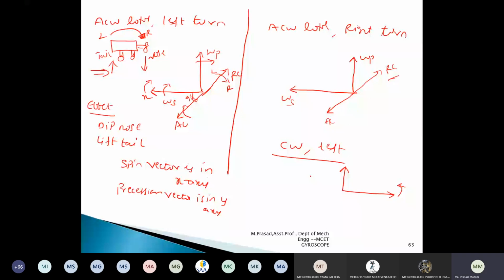So while drawing, how can you draw the active couple here? This is my spin vector. This is my precession vector. So where am I getting the active couple? The z-axis is coming inside for this one. So now this will become my active couple. Now how am I getting the reactive couple? Extend the active couple backside. This is my reactive couple. So how I locate the active and reactive couple depends upon the right hand thumb rule. So with this, I think you have solved your doubt.